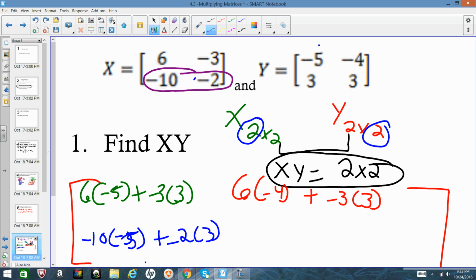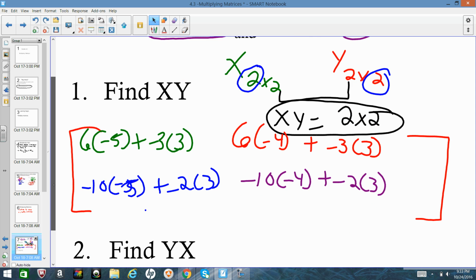I'm going to take negative 10 times negative 2, multiply it negative 4 times negative 3. So I'd have negative 10 times negative 4 plus negative 2 times 3. So again, setting up the problem is probably going to be the hardest. So from here, it is just